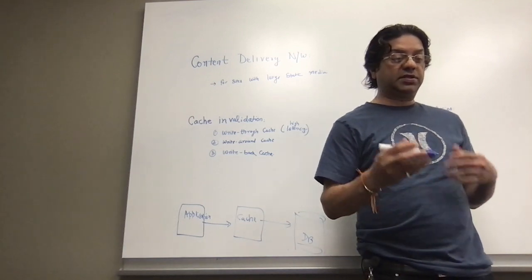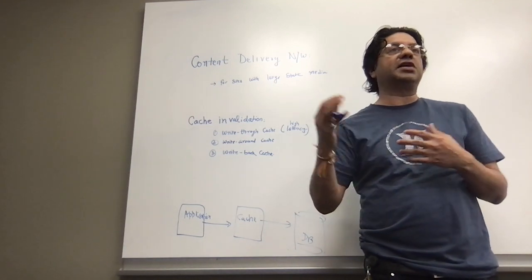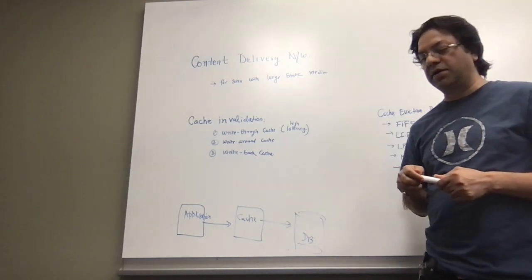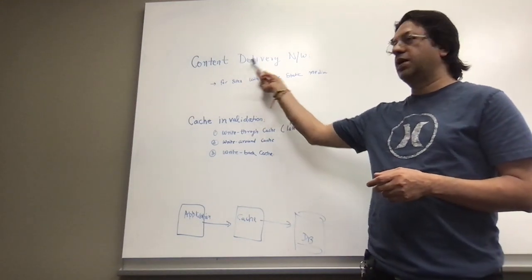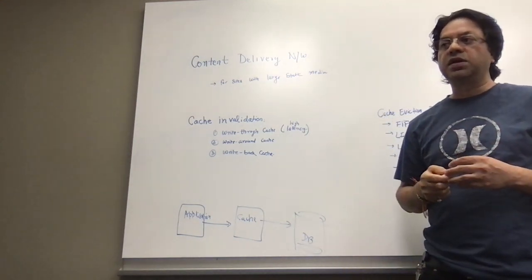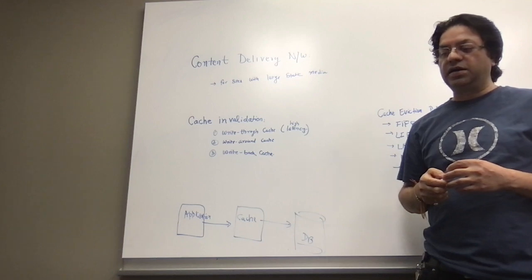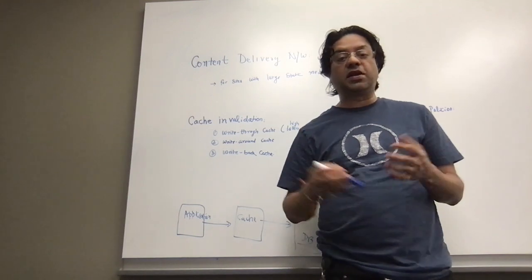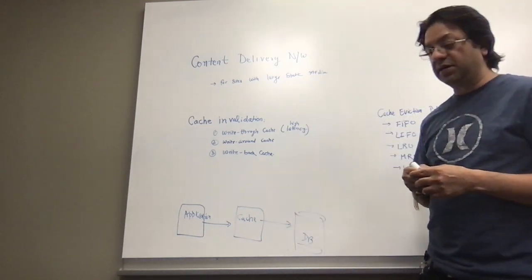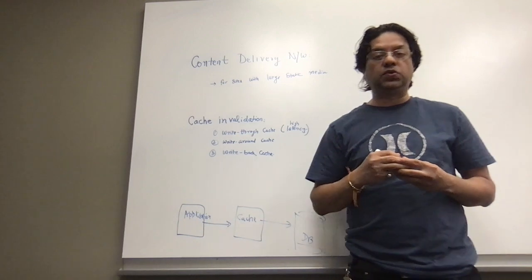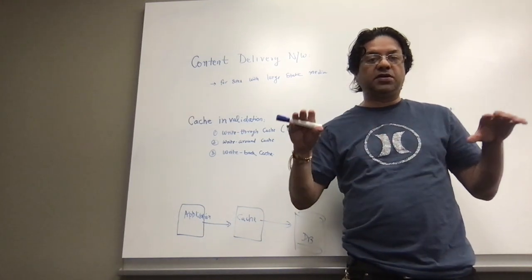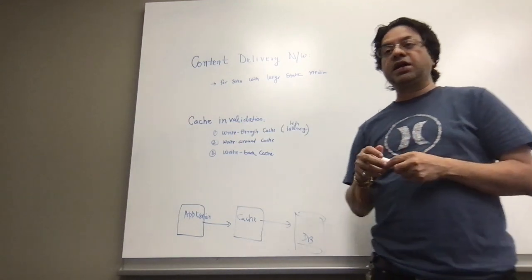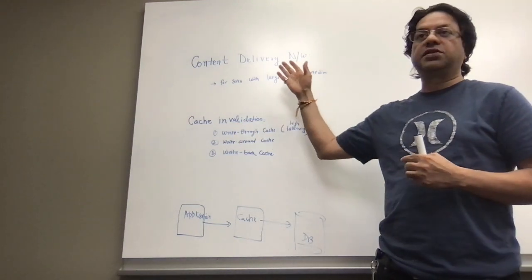So there are two choices. We can create a global cache or a distributed cache. You might have heard the term content delivery networks. That is nothing but a caching mechanism. In our daily life we use a lot of online services, for example Netflix. Netflix uses a content delivery network to distribute all of their media and movies to different parts of the world. Another name for caching here is the content delivery network.